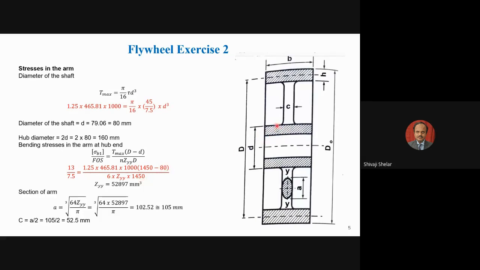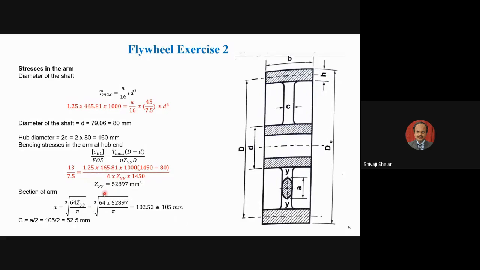So if you have very minimum thickness also, then also we can take this. If you know this outer diameter, this value can be also put as 160 mm. But we are considering maximum bending stress. So let's take the minimum value of shaft diameter itself as 80 mm. This value can be put as 160 also, no issue. Upon number of arms we have considered as 6. ZYY is unknown. We are going to determine that. And D is known to us, that is 1450, the average diameter or outside diameter here.